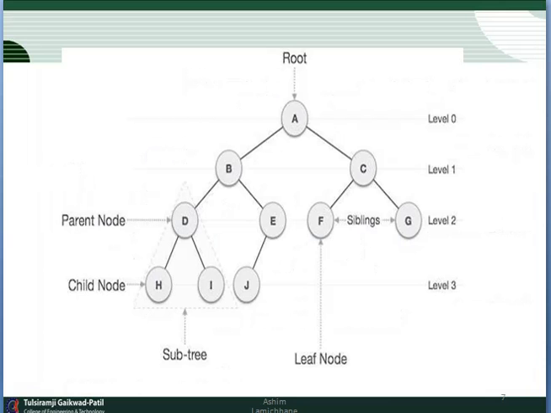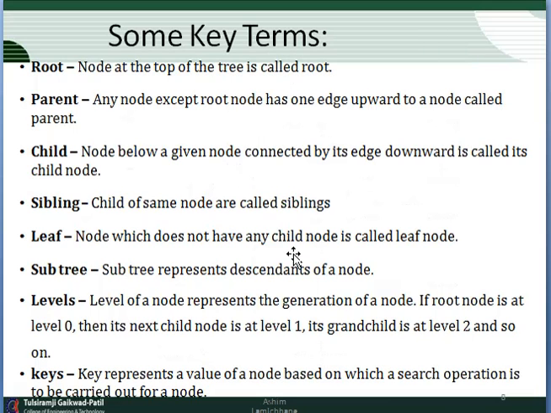Next, as I already discussed in the same diagram, A is the root, B and C are at level 1, D, E, F, G are at level 2, H, I, J are at level 3. There are certain subtrees in the given diagram, and the nodes that do not have any children are called leaf nodes. Some key terms that I want to explain over here are